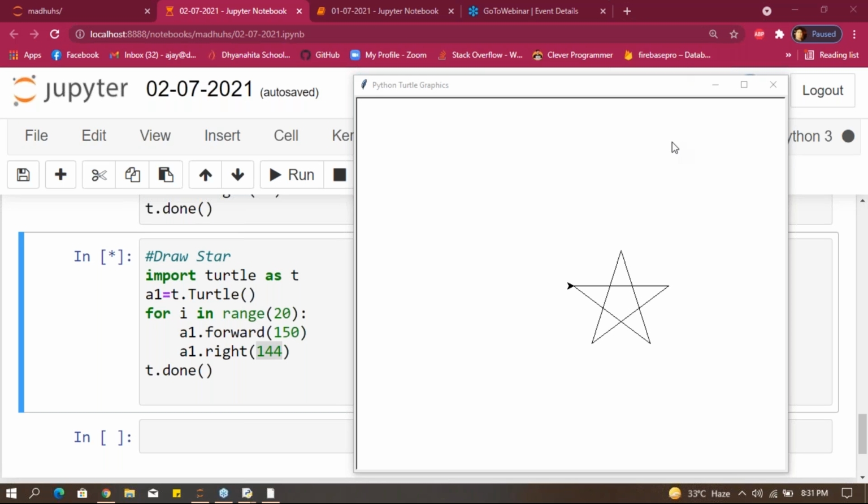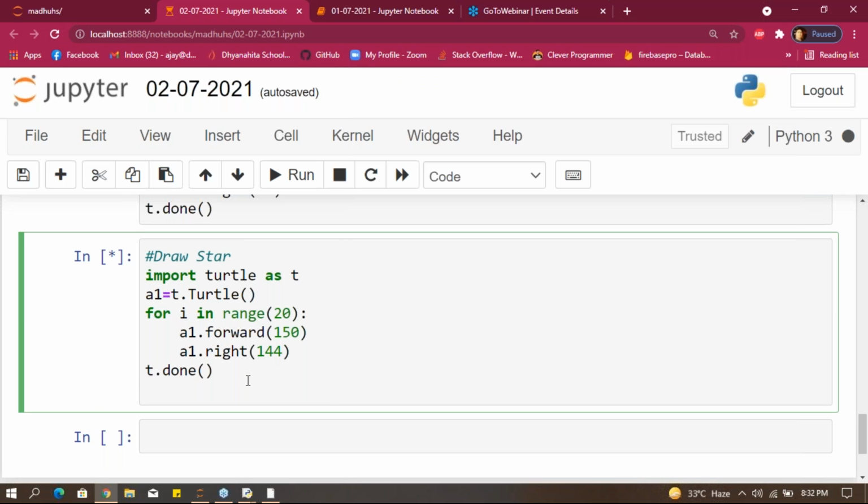Yes, completed this example. Okay, the remaining we'll discuss on Monday, Amma, and a few more examples.